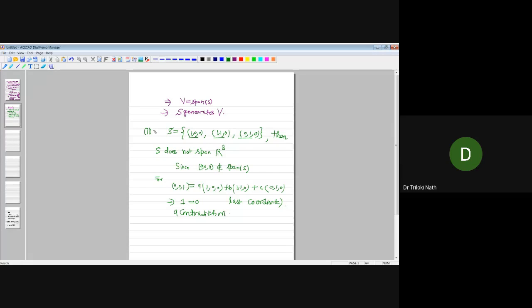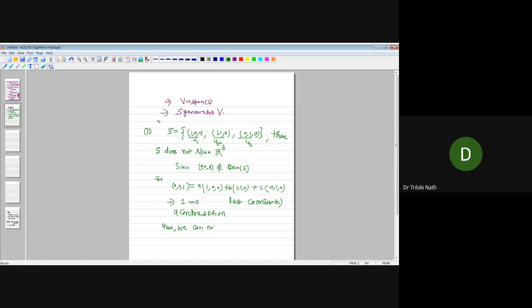This is a contradiction. Thus, we cannot find scalars A, B, C such that (0, 0, 1) is a linear combination of vectors u1, u2, u3. Let us call this vector u1, this u2, and this u3. Fine. So thus, we